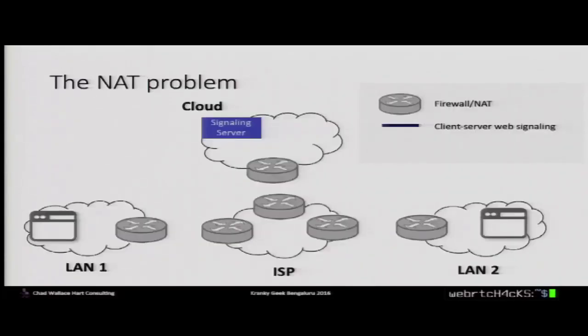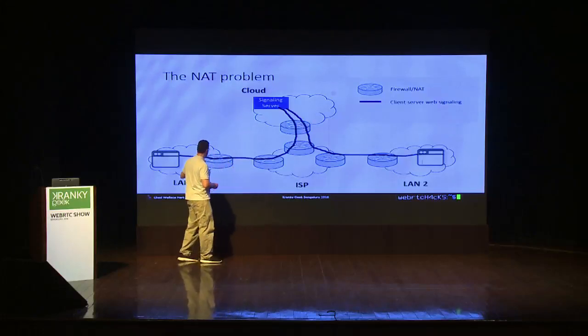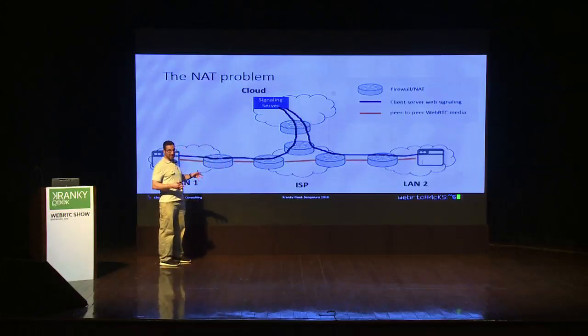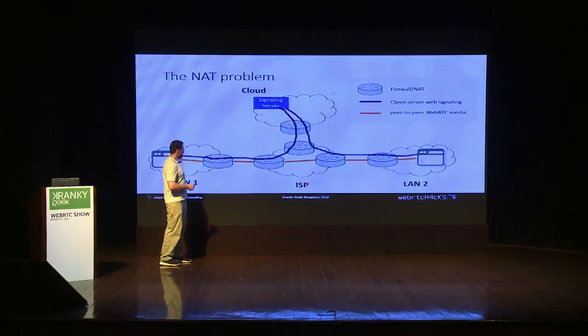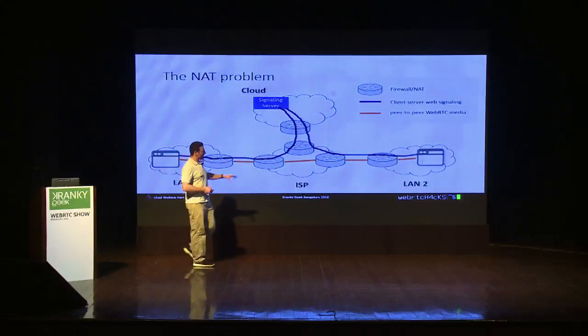Fortunately, WebRTC includes capabilities to deal with this. But let's first walk through the NAT traversal problem in the first place. And it really comes down to, starting out, we're used to a normal client-server type architecture when serving web pages. That's fairly simple, right? We're dealing with public servers in most cases, and there's no challenges there. WebRTC is a lot more challenging because in this case, we're dealing with peer-to-peer media, right? It takes a different path, a direct path between a client on one side and a client on the other side,